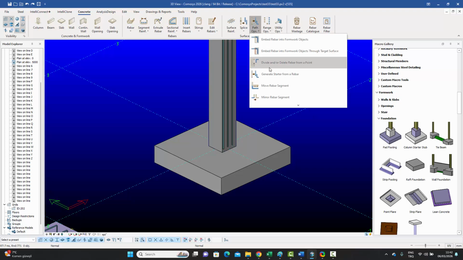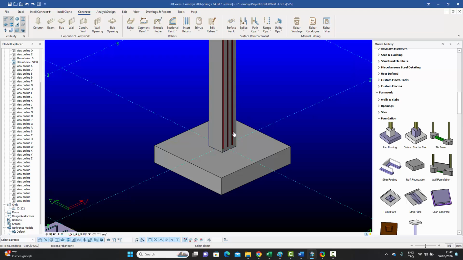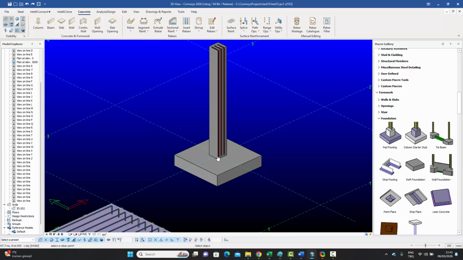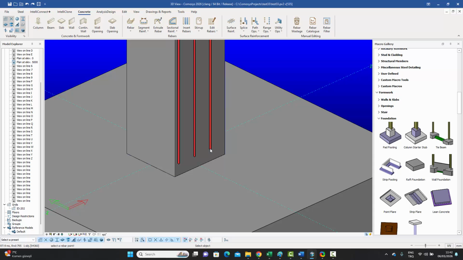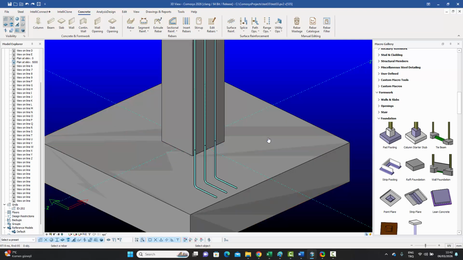You just go to your generate starter from a rebar. You select the rebar. It asks for a rebar point, so whether you want to generate a starter at the start or at the end. So we want it at the start, so we just select this point like that. And the moment we do that, it asks for a foundation object or multiple objects. So you can select the foundation over there. If there's no other, you can just right click to confirm that, and then once more right click to finish the selection. And you see that